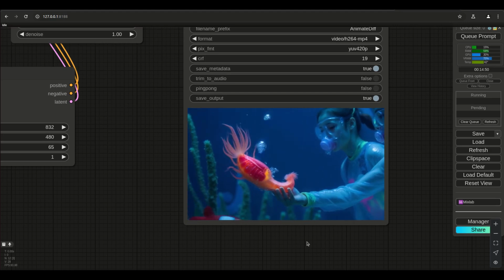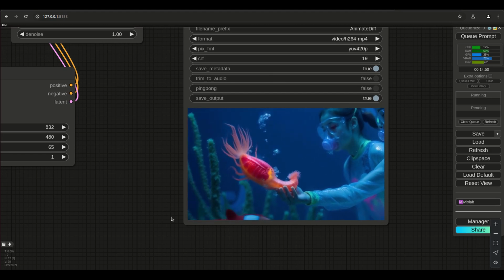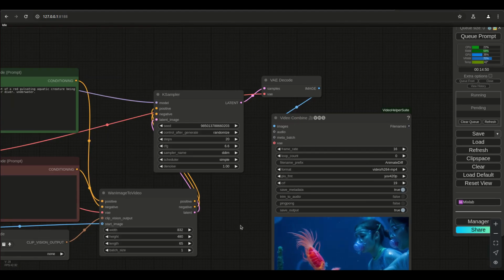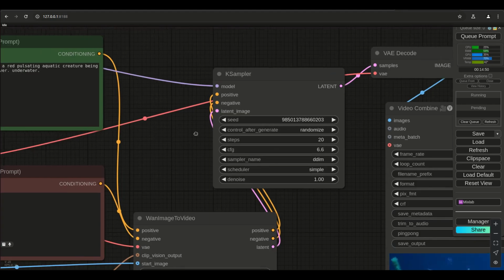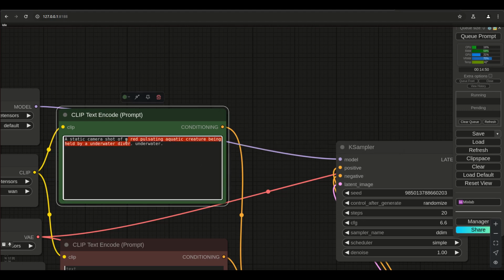Now, another way we could do this, I just want to do a few things on this: changing the focal point. So the focal point for this one was the red pulsating aquatic creature. So let's do this. Let's talk about the divers first, right? That'll give us a better thing. So let's say